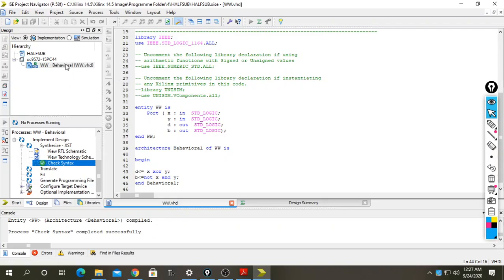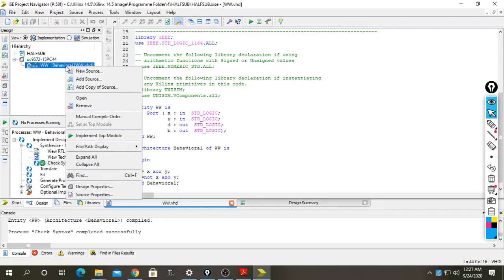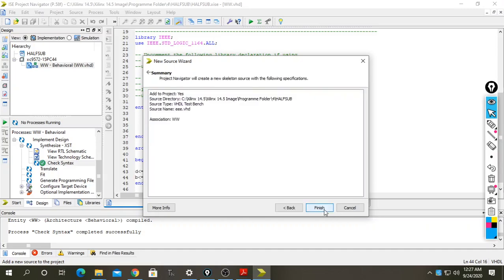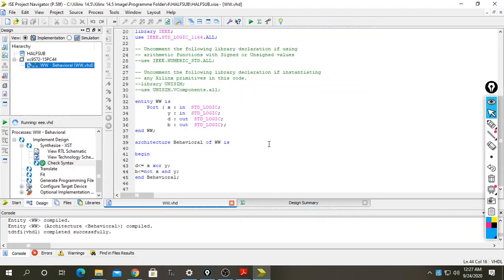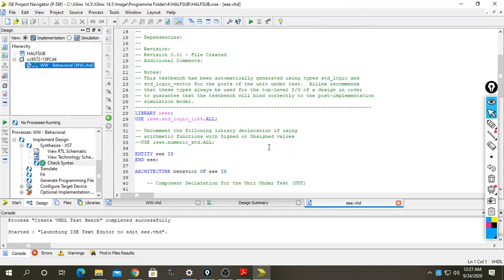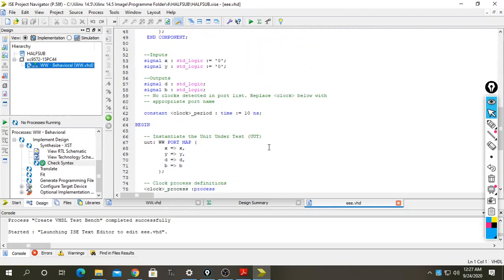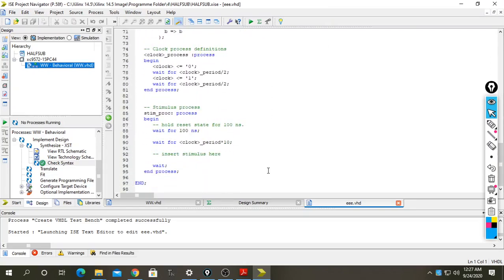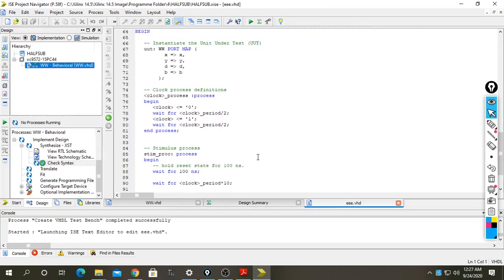After this I have to add new sources. The new source is the VHDL test bench waveform. Then provide a name randomly, click next, then finish. It will show you the code of the program of your test bench waveform.